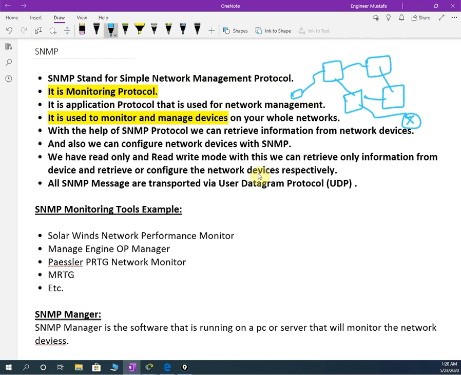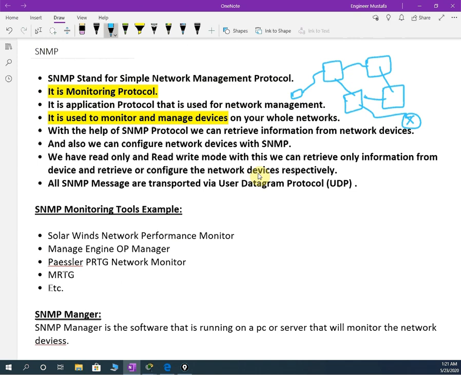That is, conditional debug and unconditional debug. That is nothing but opening debug in the router, so it will utilize more CPU and it will show us which packets are going or not going, but it is not recommended to use in the production network. If you don't have any other option for troubleshooting, then only we use debug or unconditional debug. Else we use ping or traceroute to check the issue, or we use syslog.